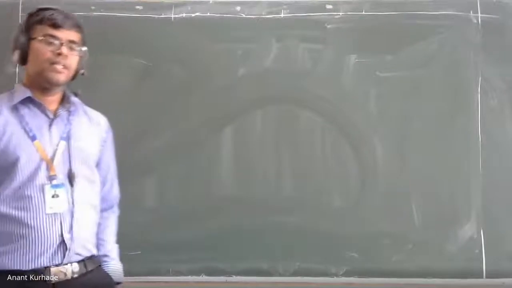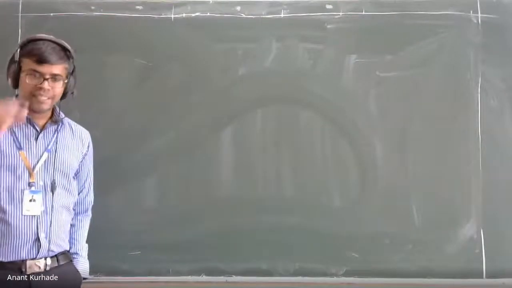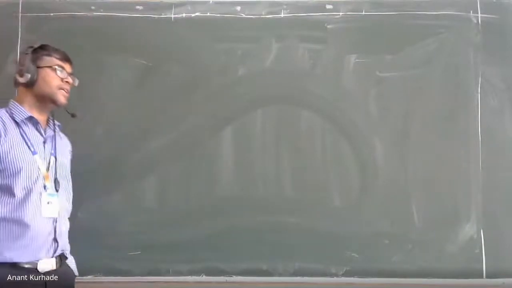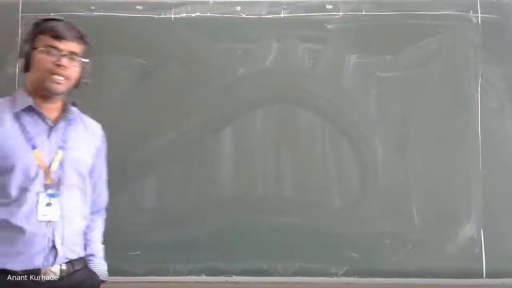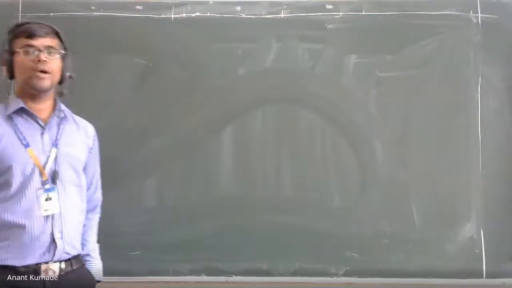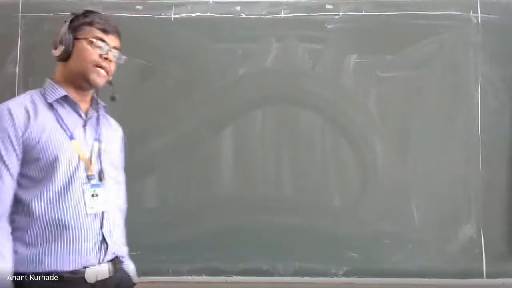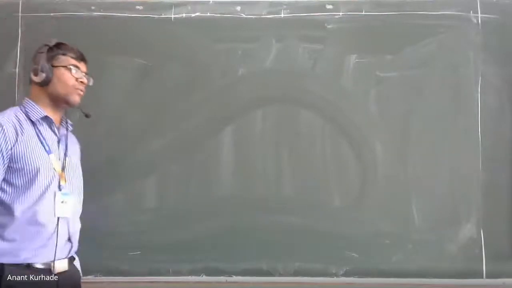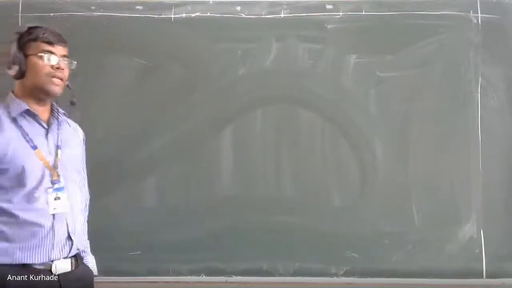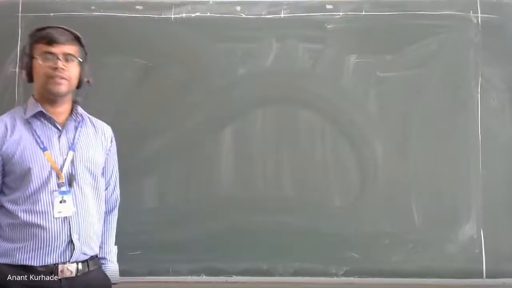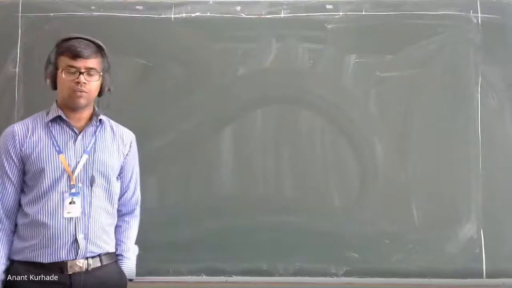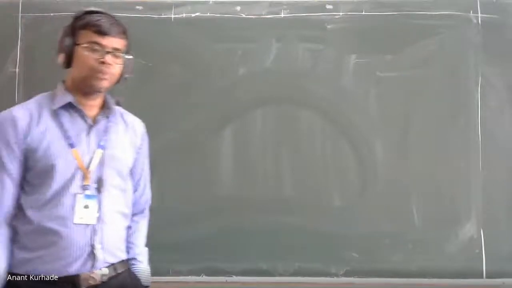In the iterations, there is a difference between the Gauss-Seidel and Jacobi iteration methods. In the Gauss-Seidel method, while calculating the first iteration values, the new value of x, new value of y, new value of z: for calculating x, use y0 and z0. For calculating y, use the new value of x and z0. While calculating z, use the new value of x and the new value of y. That is the Gauss-Seidel method.